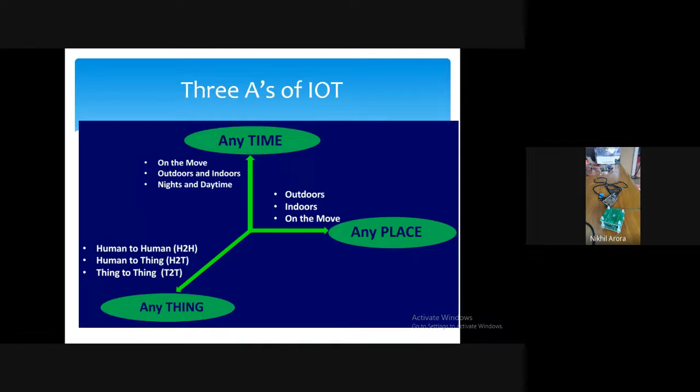Okay, so any place and anywhere means your sensor may be inside the house or outside the house. You might have put your sensor in vegetable fields or gardens, or maybe in some desert. It will give the data output. The only thing is it should have connectivity. And anything means I can connect IoT to a human also. I can connect IoT to a robot also.